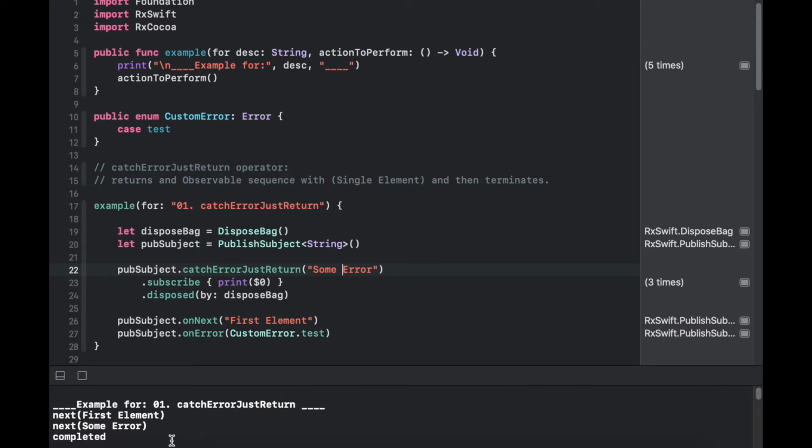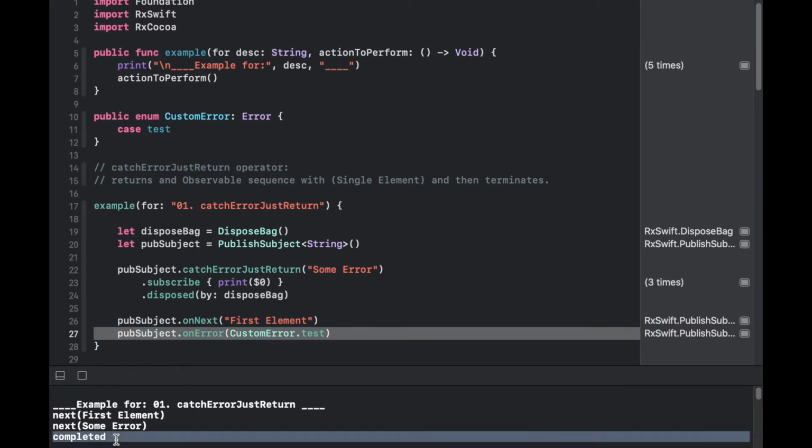In the console log of this execution, you can see that we emit the first element and then face an error, and just after that my observable sequence gets terminated. So when you are in a condition where you need to terminate your observable sequence after the error, you can use the catchErrorJustReturn operator.